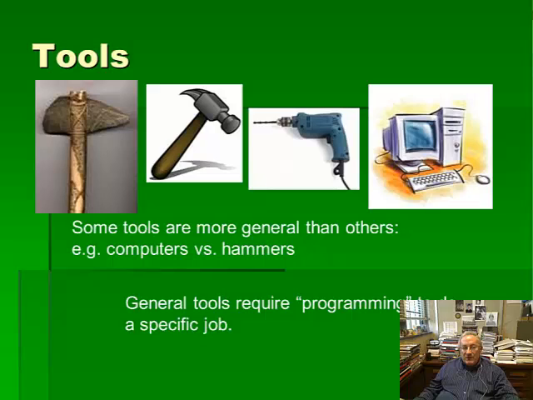The last is a somewhat more modern one, connected with computers and hardware and software. Sort of from left to right, the images here represent the evolution of tools from the simplest tools such as axes and hammers made out of stone lashed to wood, to metal hammers, the sword in the second picture, electric drills in the third picture, and computers in the fourth picture. Some tools are more general than others. That is, they can be used for different purposes, and some tools allow themselves to be programmed, which means that they're general tools but can be programmed to do more specific tasks.